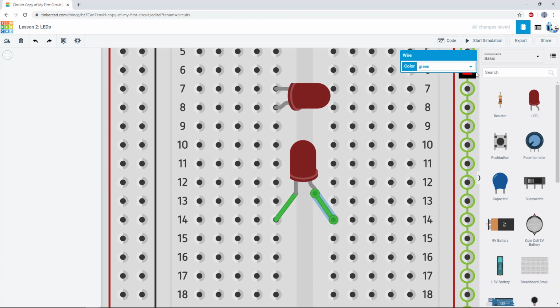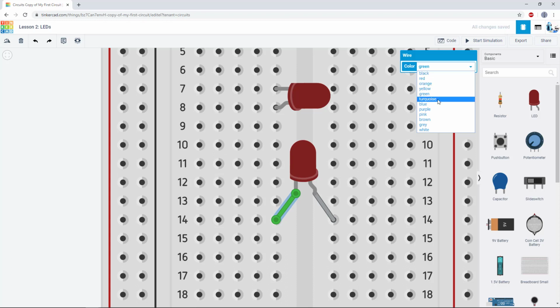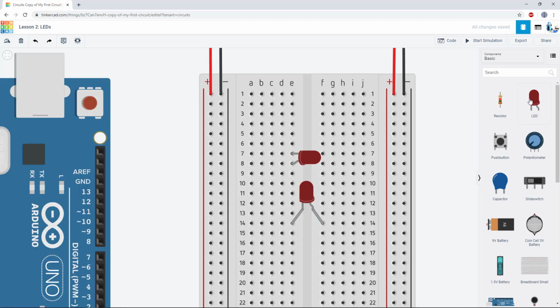And again, for color coding consistency, I'm going to make those gray so they kind of look like they're just the extended leads of the LED. Two different ways to connect it to the breadboard. Both of these are valid. It's a matter of personal preference. What you should be careful not to do is to put an LED in like this, where both of the leads are in the same row. Again, I'm assuming you do know how to use a breadboard at this point, but just a reminder, if you do that, these two leads will be shorted together and the LED will not light up.